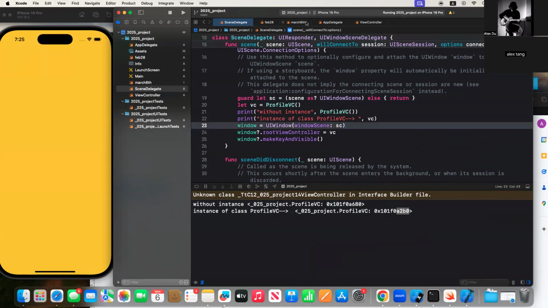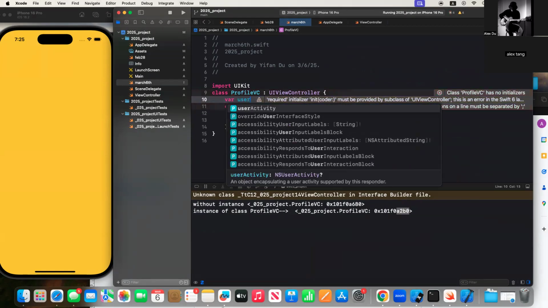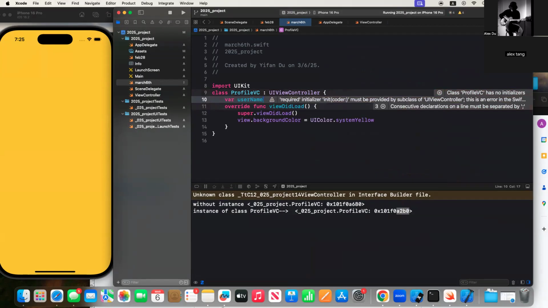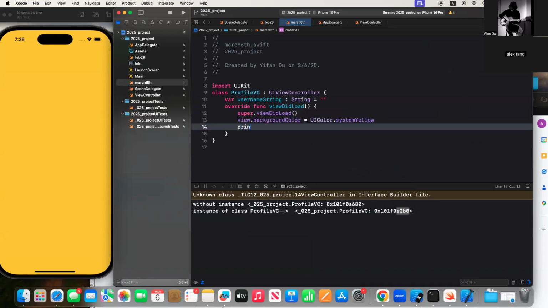I can show you. So for instance, right here in March 6th, I can definitely create a property here. I'm going to call this one username string, right? That is going to be this. And I'm going to assign a value here. And right here I can print it out. So print the username string. And absolutely, if I run this, this is a username